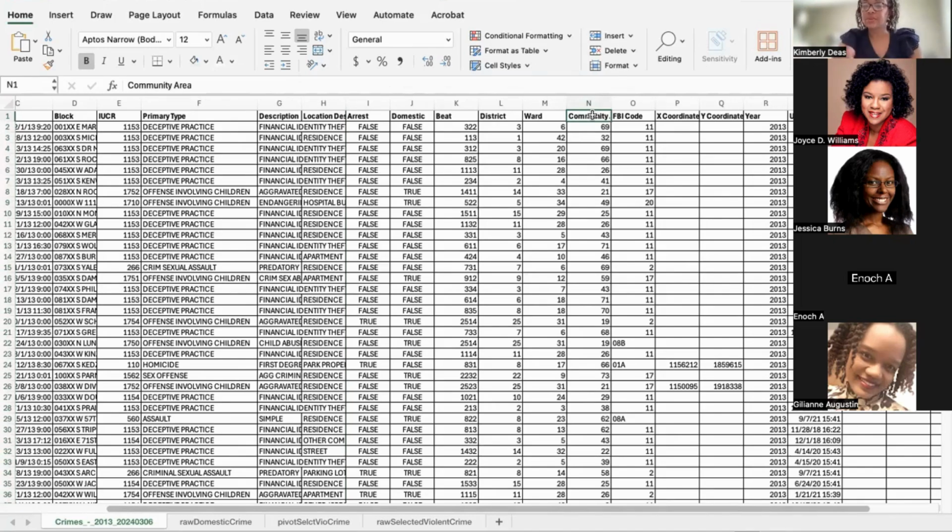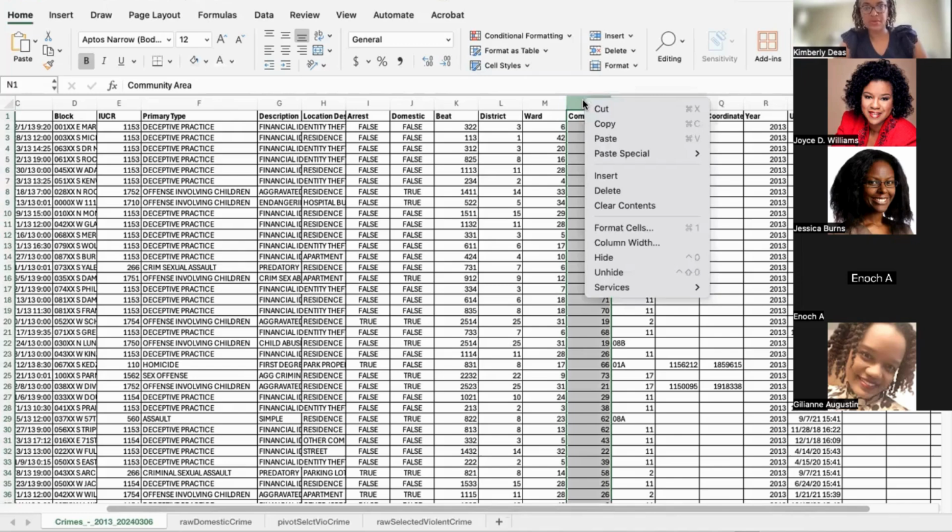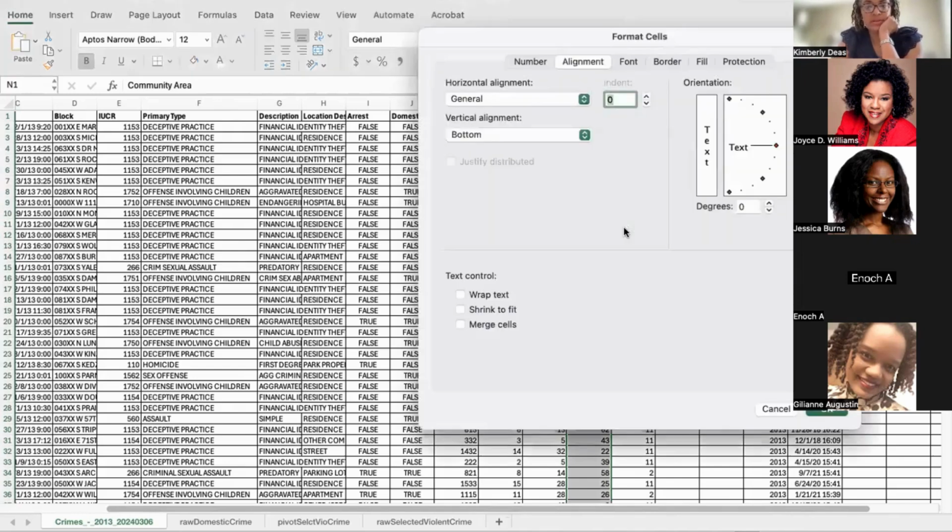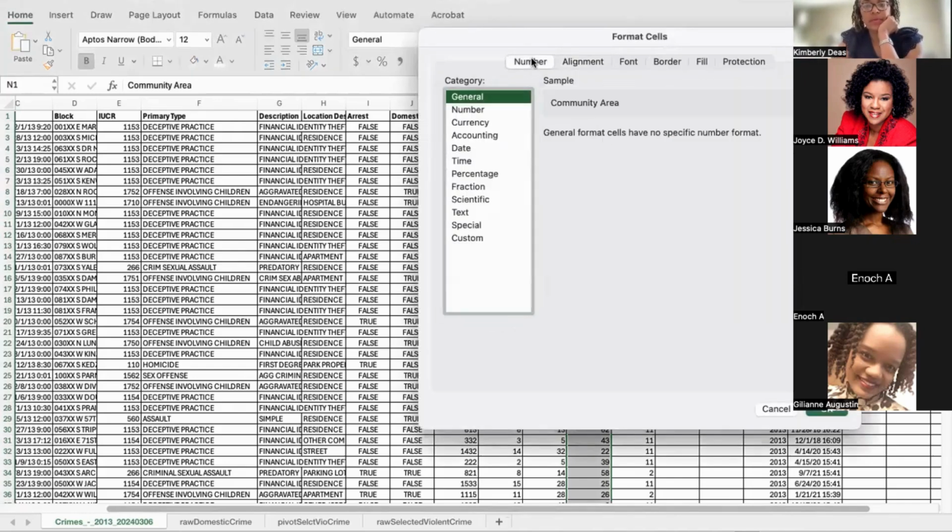I know going in, so to your point of looking at my hypothesis first, or whatever I think I'm going to be doing my analysis on, I do some basic cleanup here just because I think it's easier than to do it programmatically. So community area is the numerical value in the column that I'm going to be looking at. And so knowing that, I might check to make sure that it's in the proper format as a number. I'll leave it as general. That's fine.